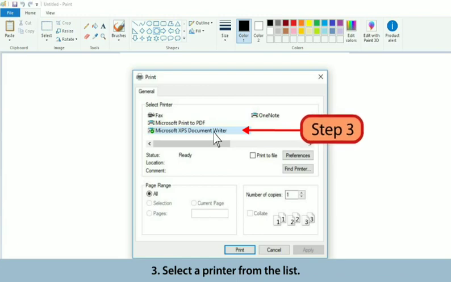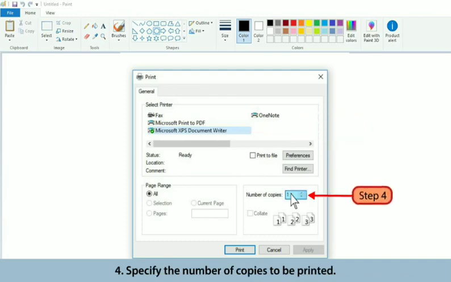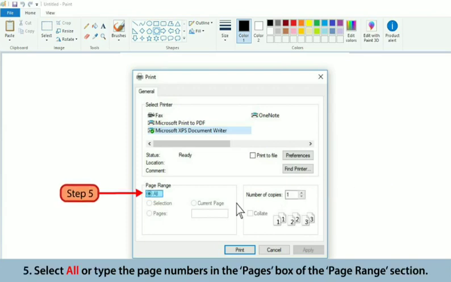Now here we have to select the printer from list. You have to select by the name of the printer, and we have to specify the number of copies, means how many copies you want, 1 2 3 4, that number of copies we have to specify, and select the all or the pages.